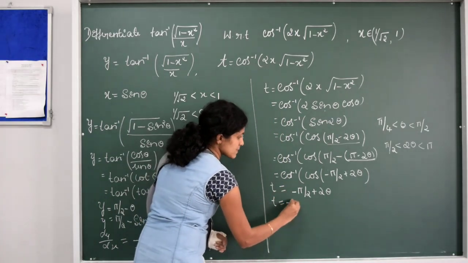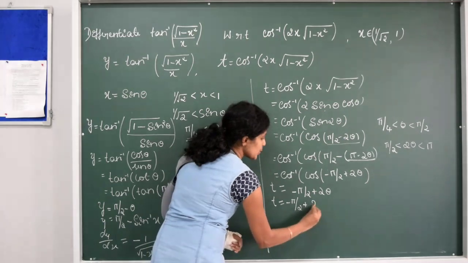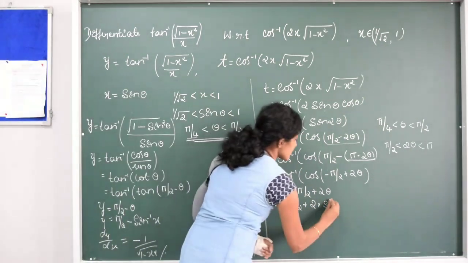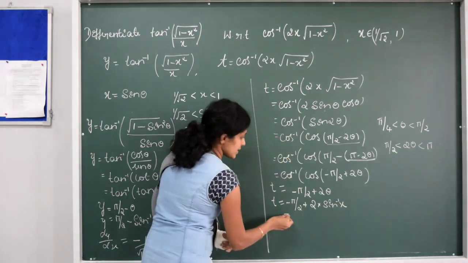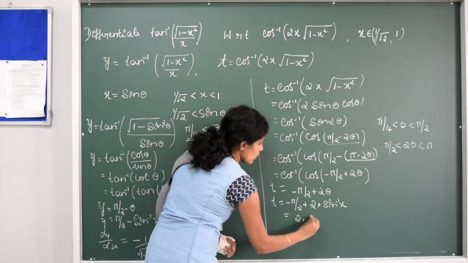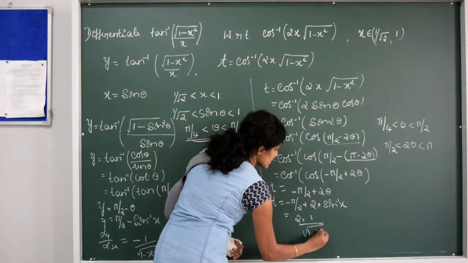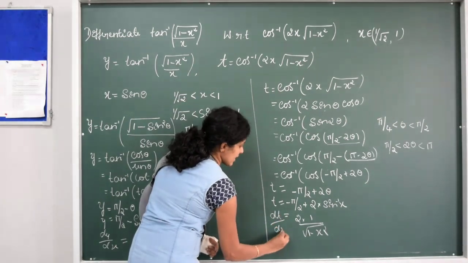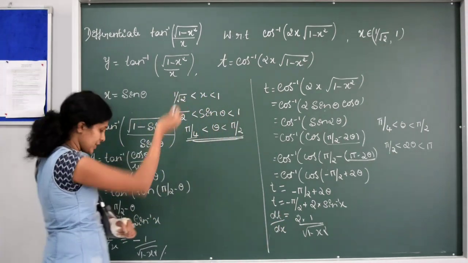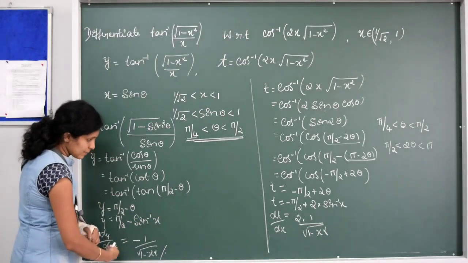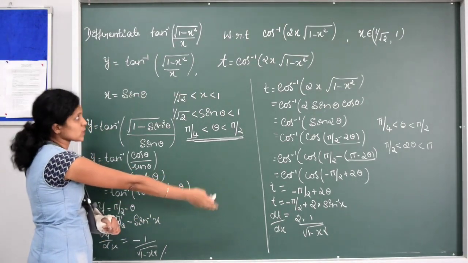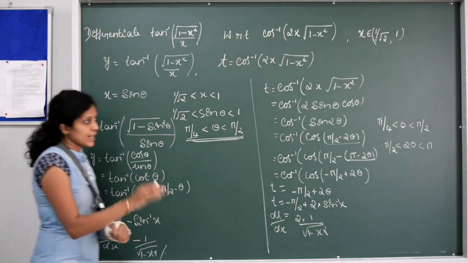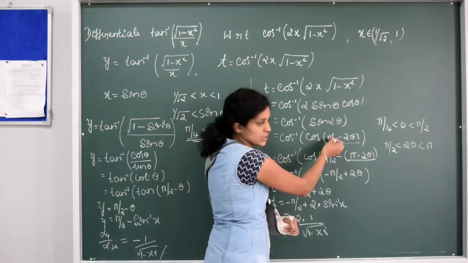So this one can be written as minus pi by 2 plus 2 into what is theta? Yes, x is equal to sin theta, so theta will be sin inverse x. So if we differentiate this one, this will be 0, so 2 into 1 by root of 1 minus x square. Derivative of t with respect to x will be dt by dx. Is it clear? Actually we have to find dy by dt. So divide these two, dy by dx divided by dt by dx, so that we will get the value of dy by dt. I hope you understood this one. Okay. Directly if you consider here, see here, if you consider pi by 2 minus